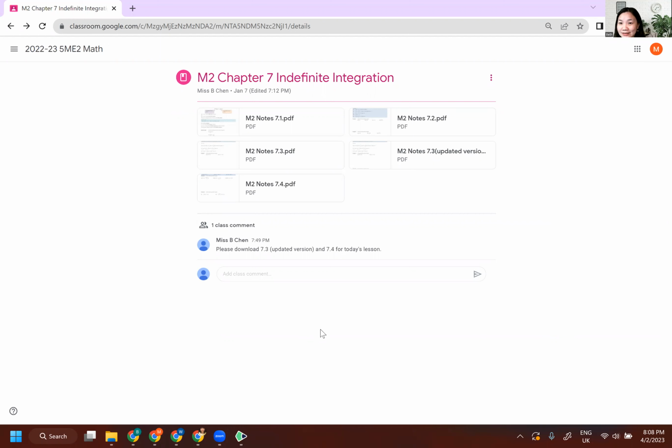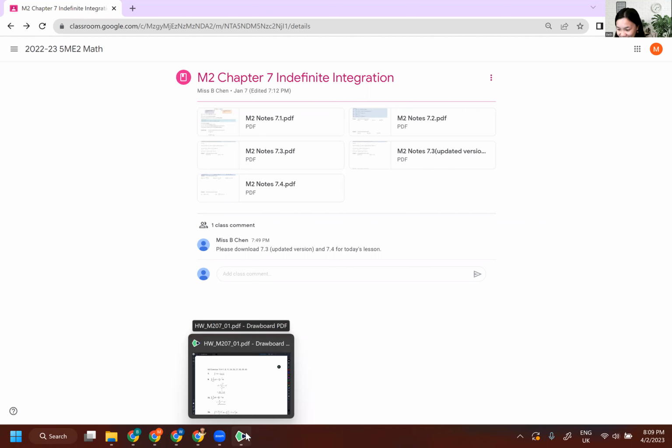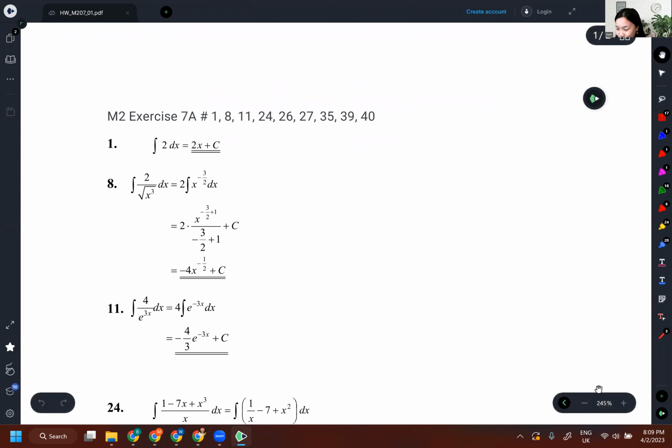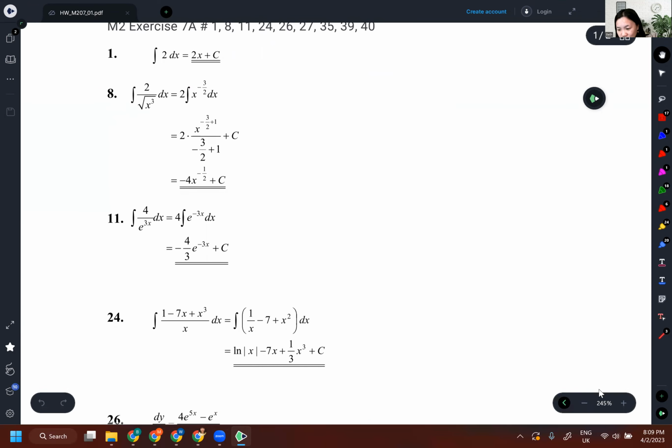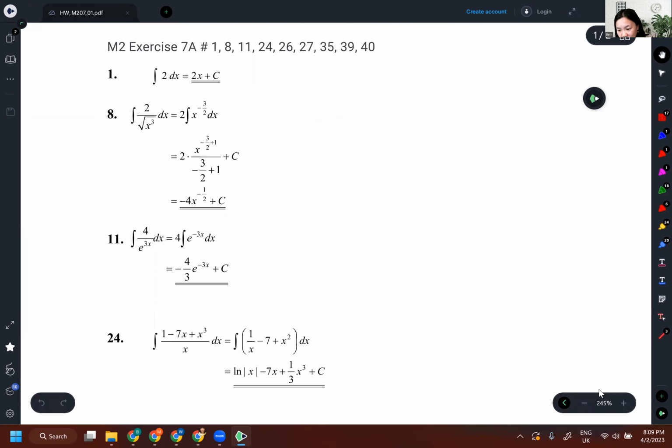This afternoon, I sent you the previous homework. Let's talk about that first. Now, I think it's a very basic exercise of indefinite integrals. I want to point out that